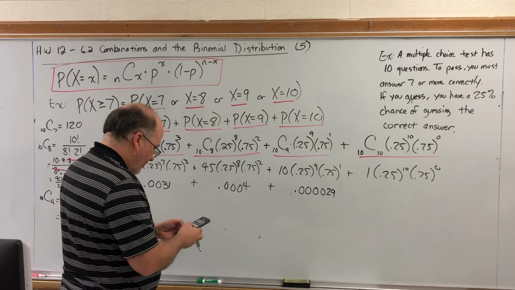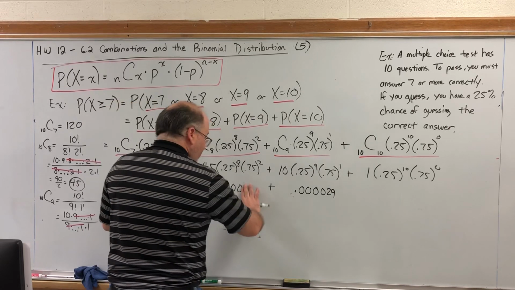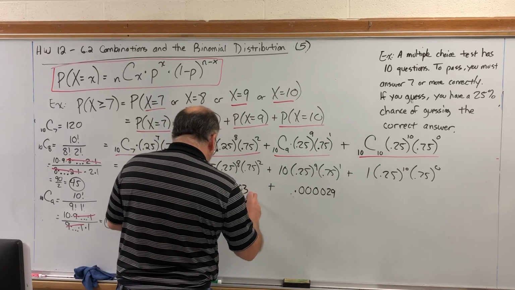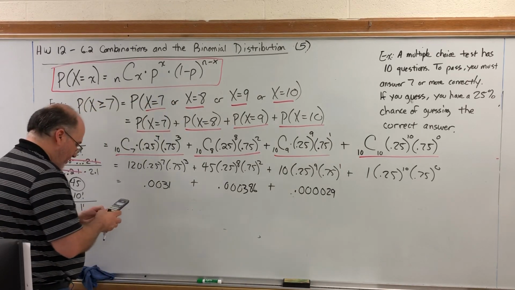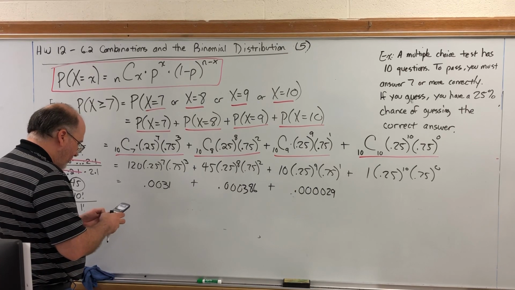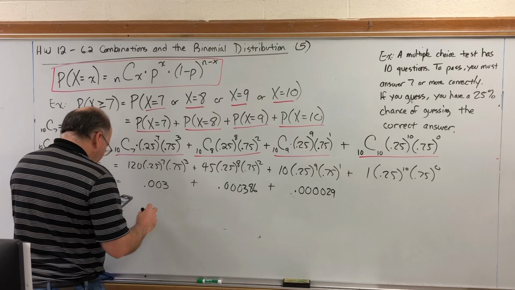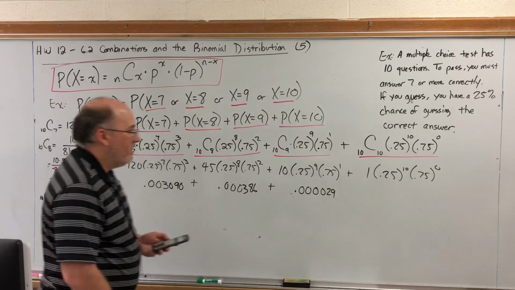To the 8th. 0.75 squared. So to 6 decimal places, this one was 0.000386. And then I guess I should go back and do this one real quick. 0.25 to the 7th times 0.75 to the 3rd. This one to 6 decimal places is 0.003090. And then the last one,